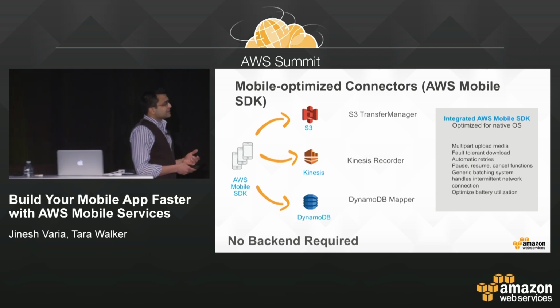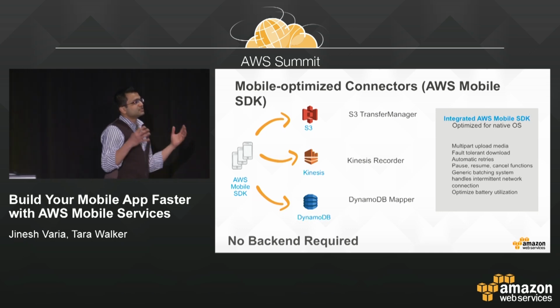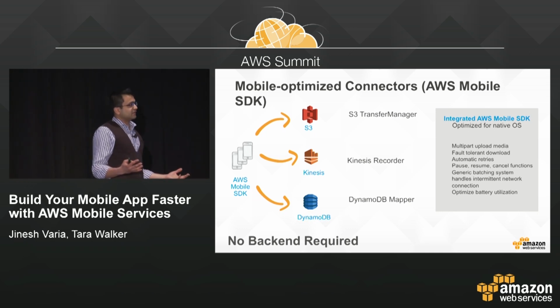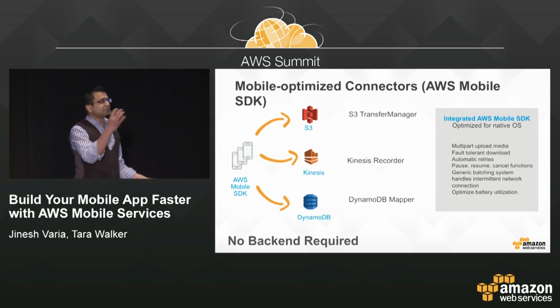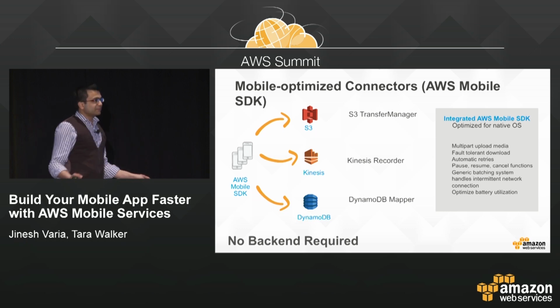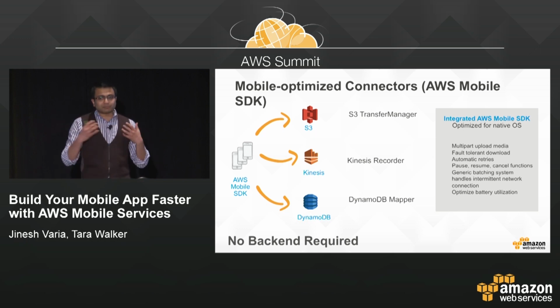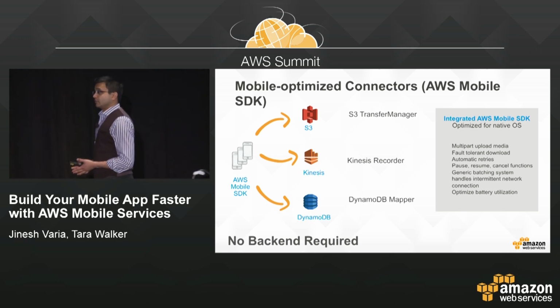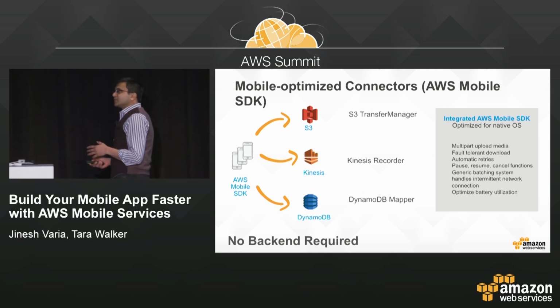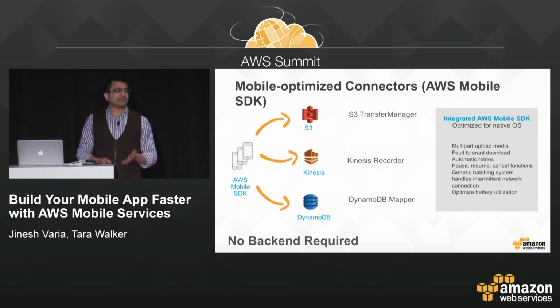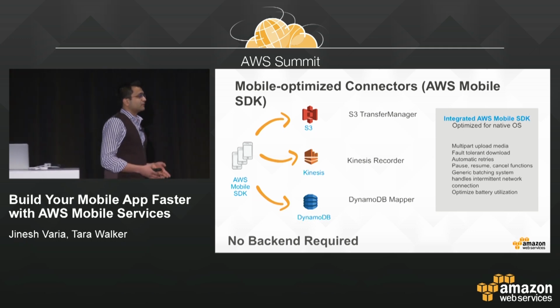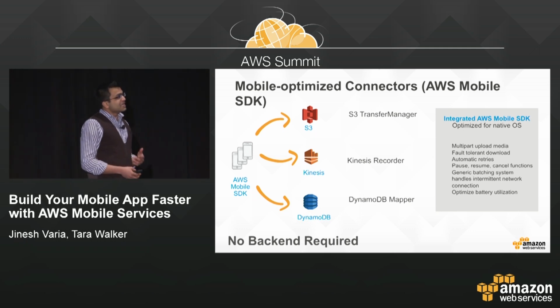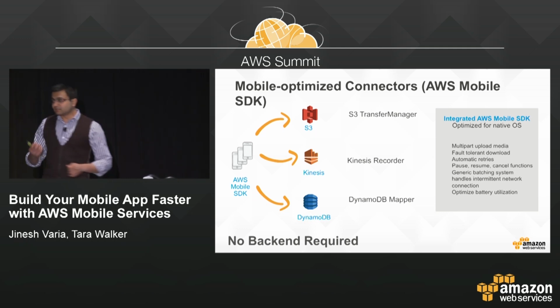And this basically does all the things that you would want from a distributed service, like multi-part upload, multi-part download, automatic retries if there is an intermittent connection. It works with the local cache. It's optimized to run on that particular platform itself. And at the same time, you can also use Kinesis, which is our real-time ingestion service for all your clickstream logs. So in my game, which I'll show you quickly now,